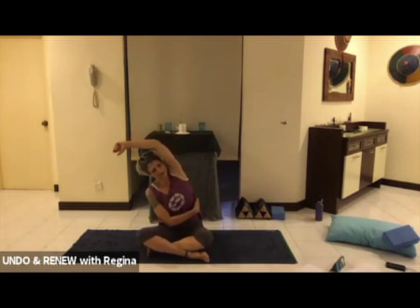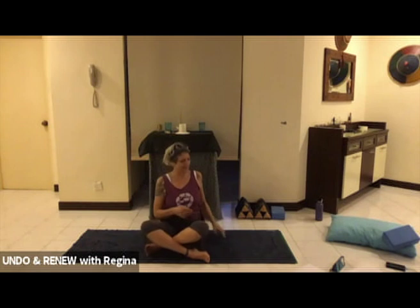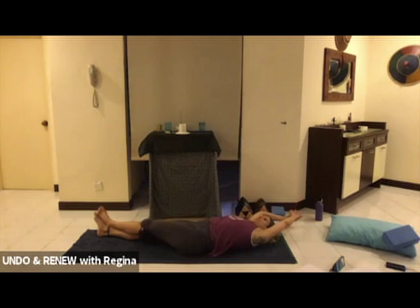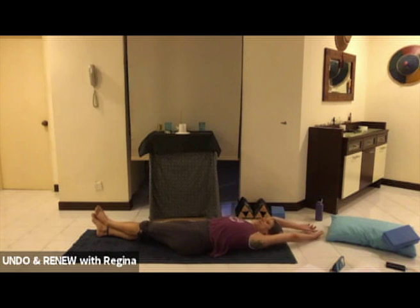Breathing into the side body. About 10 more breaths here. We'll slowly start to release the technique, first walking the hands back to center,